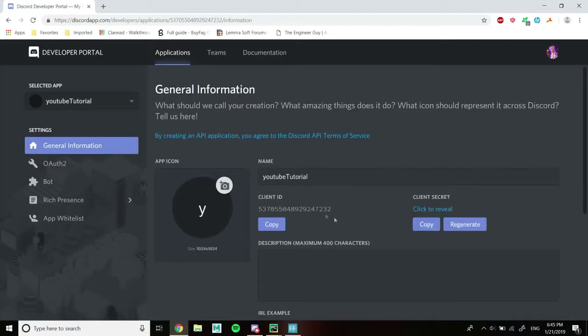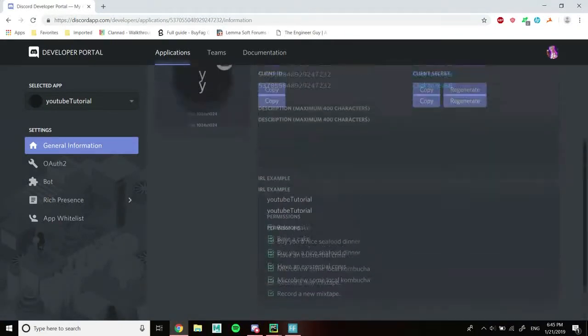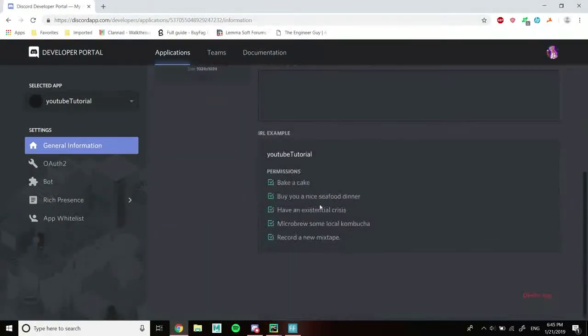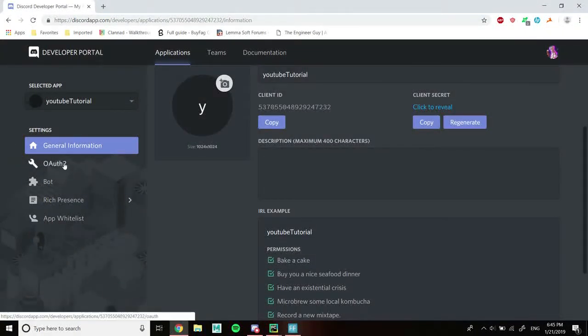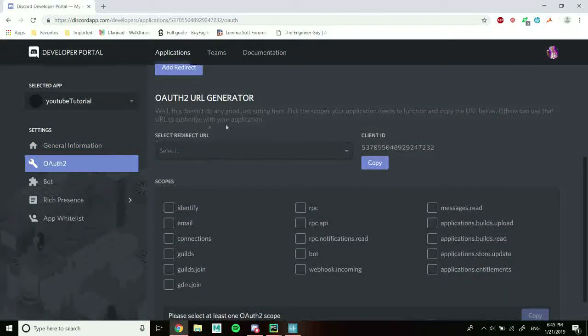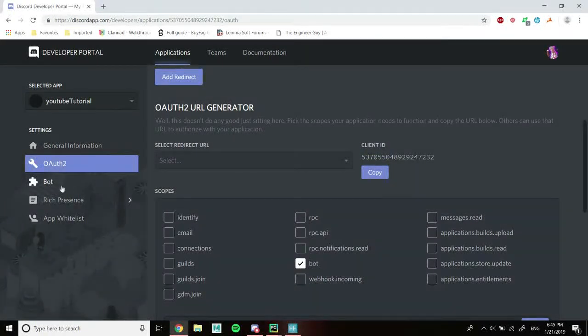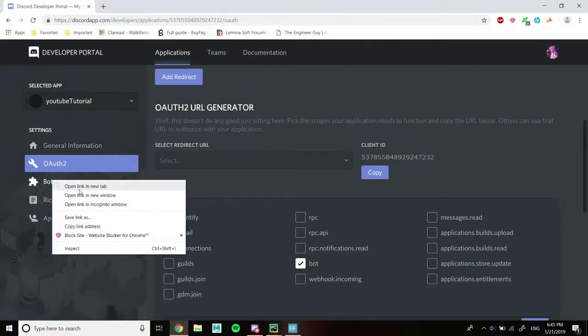Create. And I'm not going to create an icon. And we don't need to do any of this. Then we're going to need to go to OAuth 2. We're going to need bot, and we're going to keep this open because we're not going to need it just yet, but we're going to need it in a little bit. So I'll open this in a new tab,